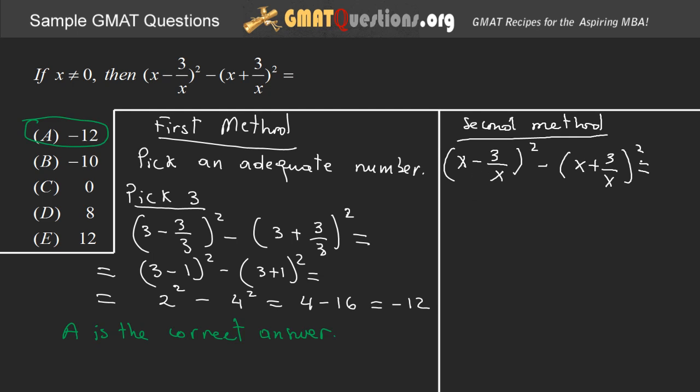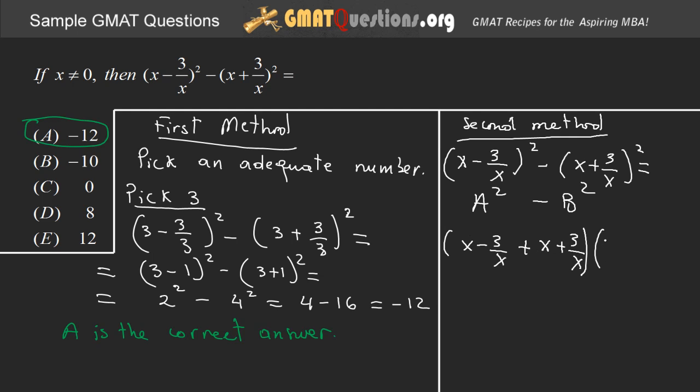But if you do use the factorization method, we have here an entity a squared. This whole thing is a minus b squared. That's like having that. And as you know, this would be a plus b times a minus b. We have already dealt with that. In this particular case, it would give us the factorization x minus 3 over x, which is the first entity, plus x plus 3 over x, which is the second entity right here,